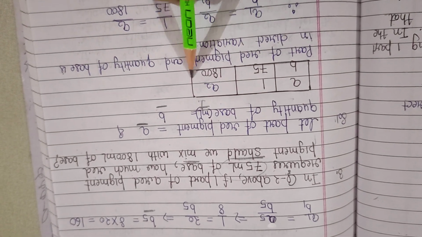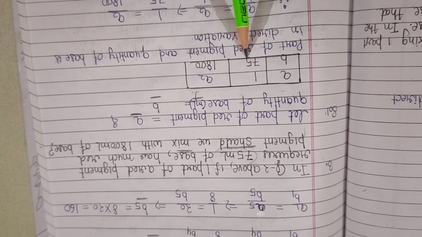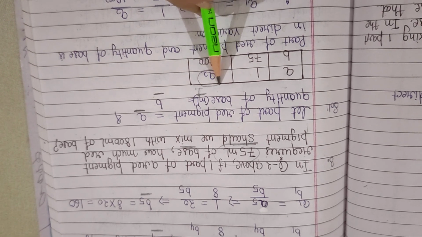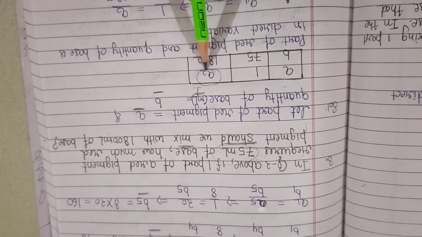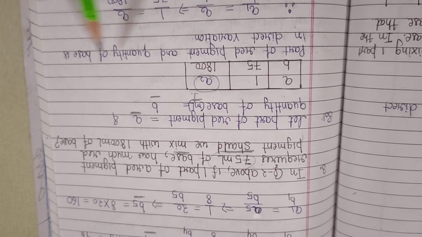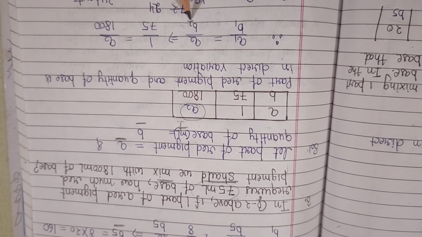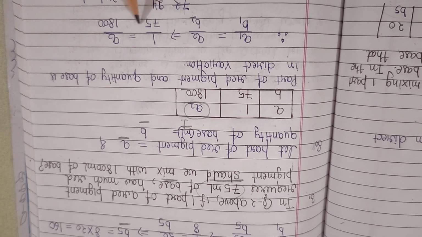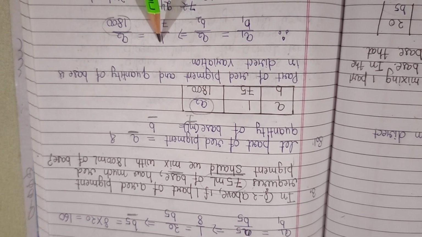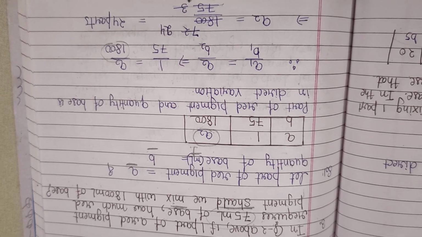So here I will make a table. Here I will write A and B. For one part, 75 ml is used, and for 1800 ml, how many parts should be there? So we have to find the value of A2. Now the part of the red pigment and the quantity of the base are in direct variation. So we can say A1 by B1 is equal to A2 by B2, which is 1 by 75 is equal to A2 by 1800. Now take this 1800 in multiplication with 1, so it will be 1800 by 75, and after solving it